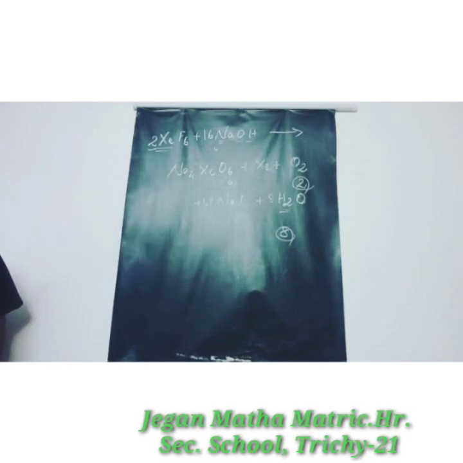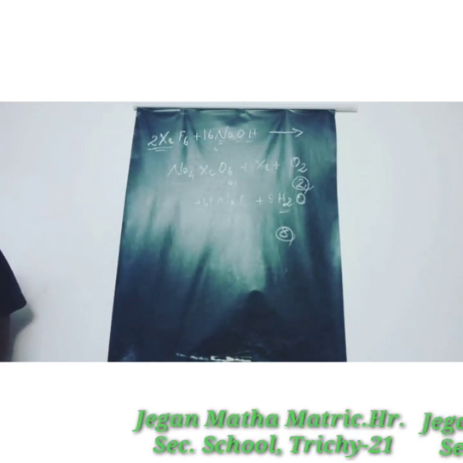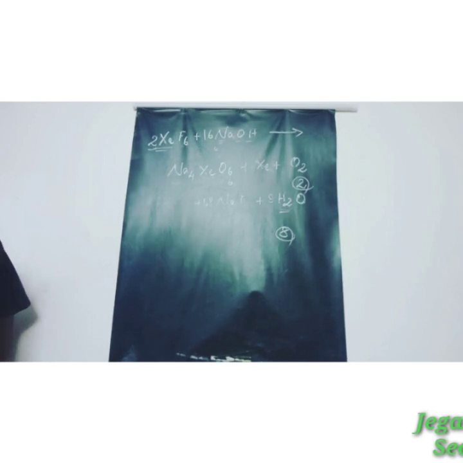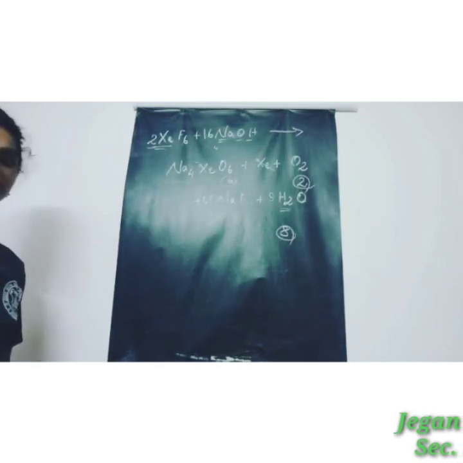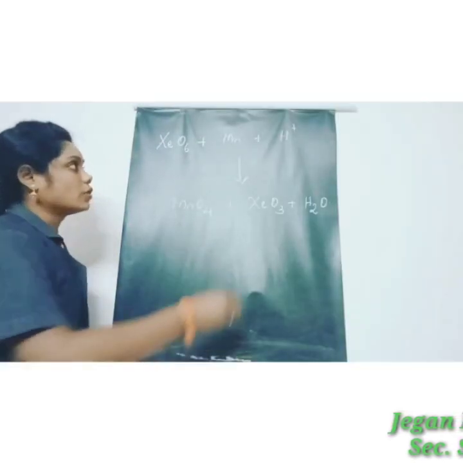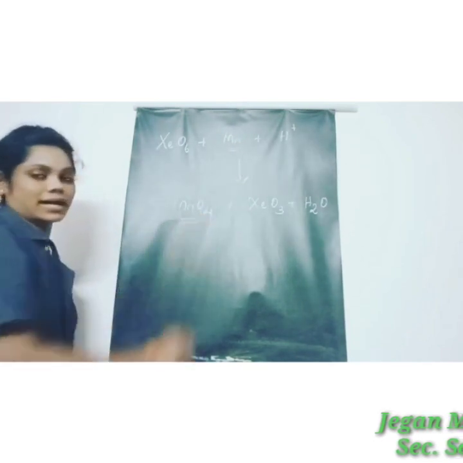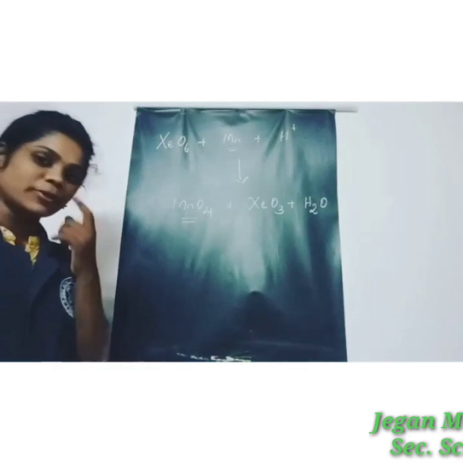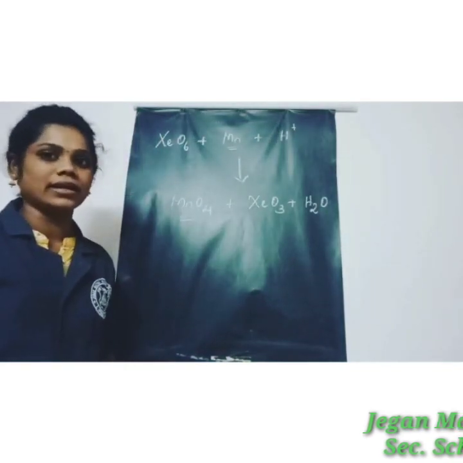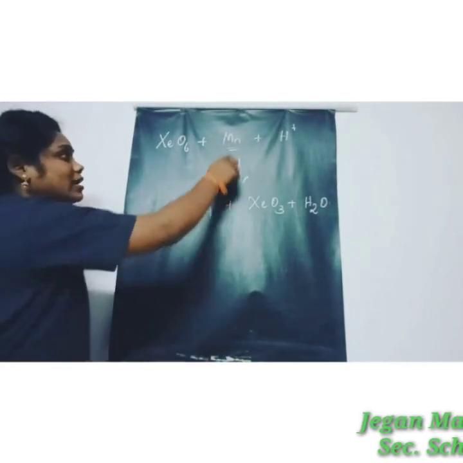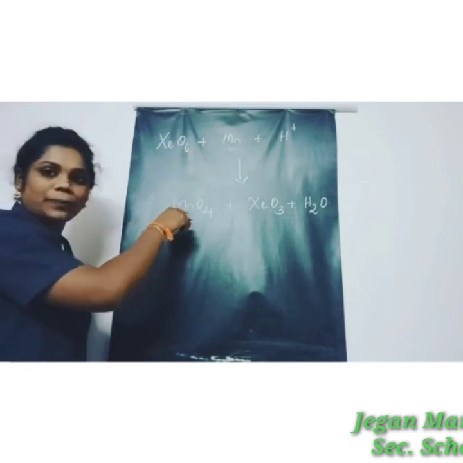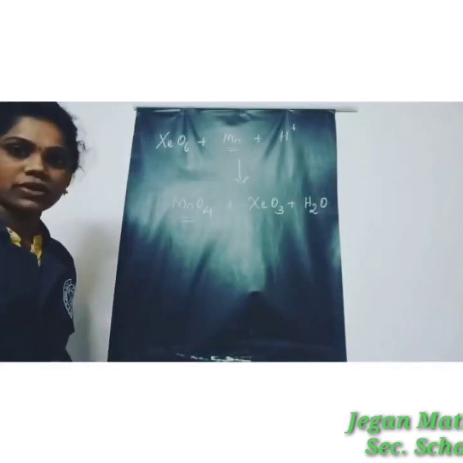And then next one, sodium perxenate is very much known for its strong oxidizing property. For example, it oxidizes manganese 2 ion into permanganate even in the absence of a catalyst. Okay, let us see the equation. Here manganese ion is converted into permanganate. A permanganate example is potassium permanganate, that is KMnO4. Here manganese is converted into permanganate in the absence of catalyst.